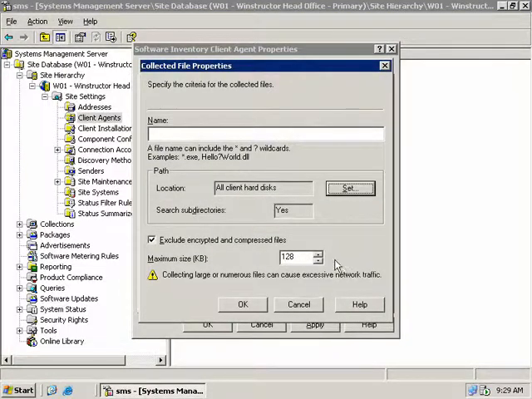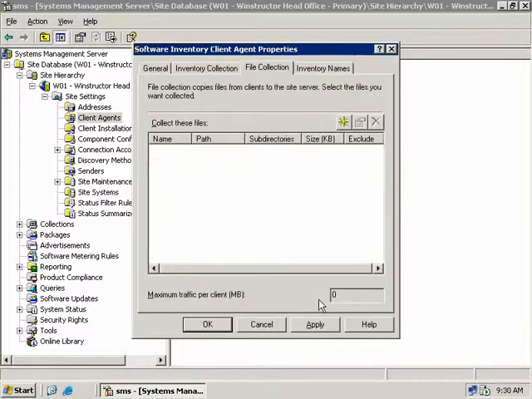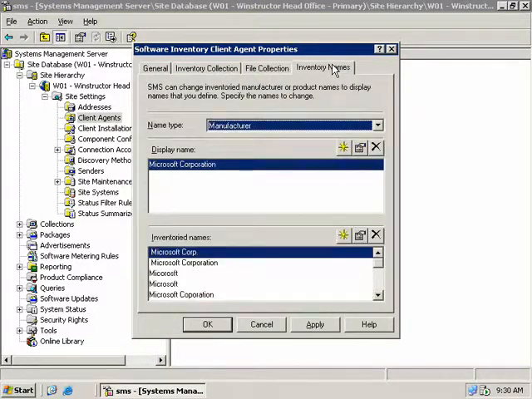Now down the bottom here you can see that the maximum file size we'll allow SMS to collect is 128K, but you can certainly change that if you like. Okay, well our final tab here is the Inventory Names tab, and the main purpose of this tab is to